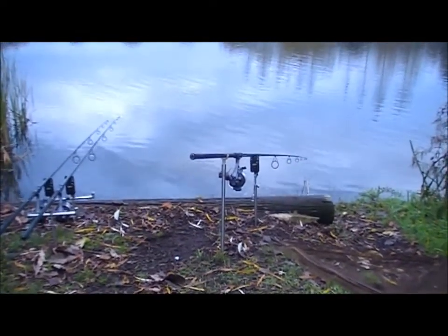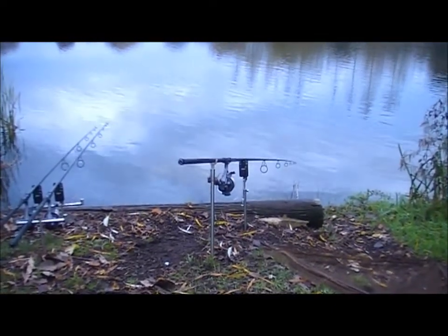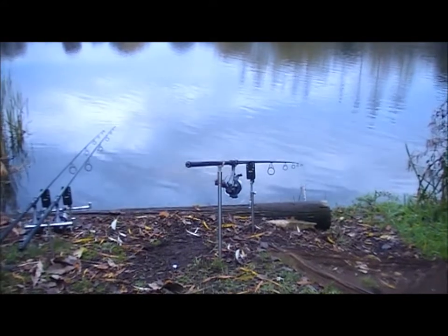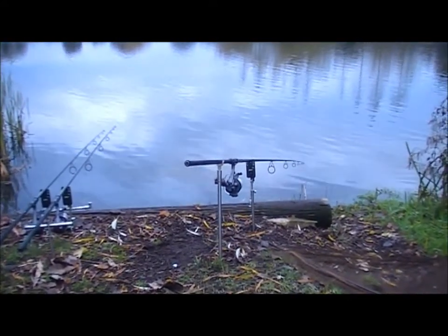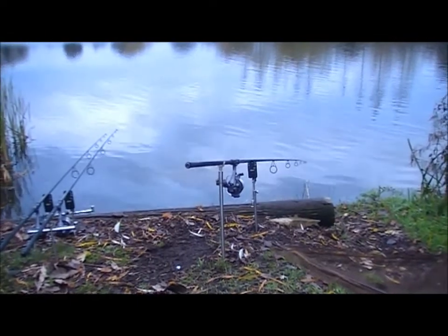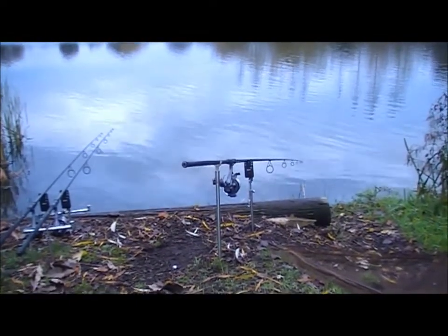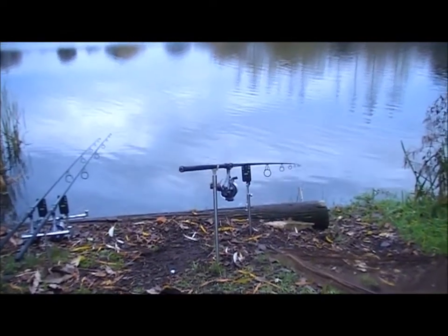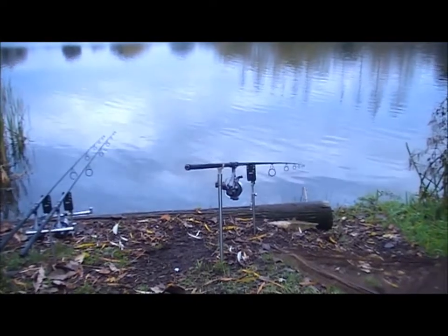I was hoping to use one of my CM1 cork ball pop-ups, but I've gone and left them at home, so that ruled that out of the equation. But I'm quite happy to use one of Mr. Bryant's pop-ups, so there you go. And I'm going to use that rod, the Choddy rod, as a bit of a roving rod, so keep my eyes peeled on the water. Any signs or showing fish, it's one of them, and you can just reel it in and bang, it's on